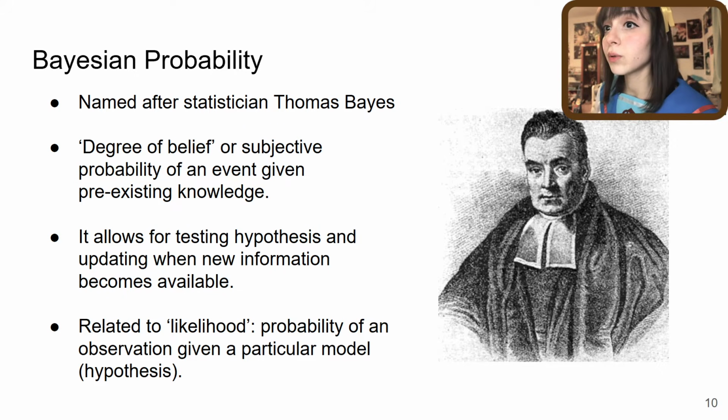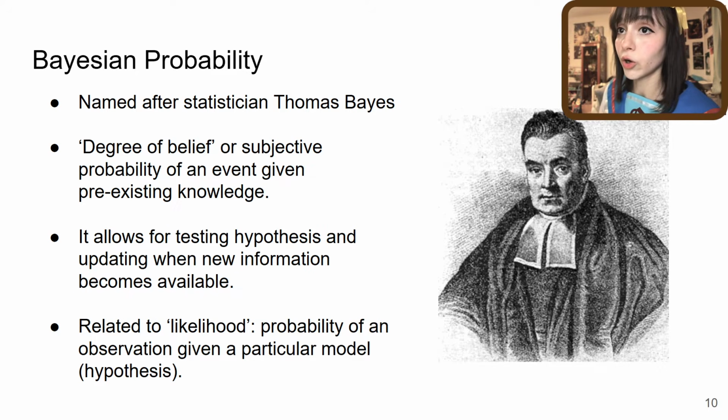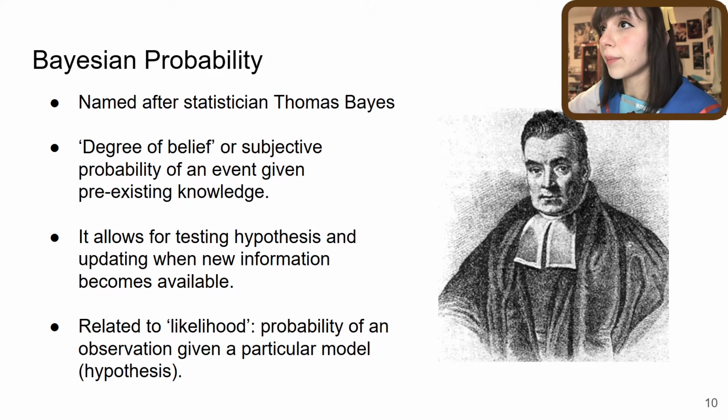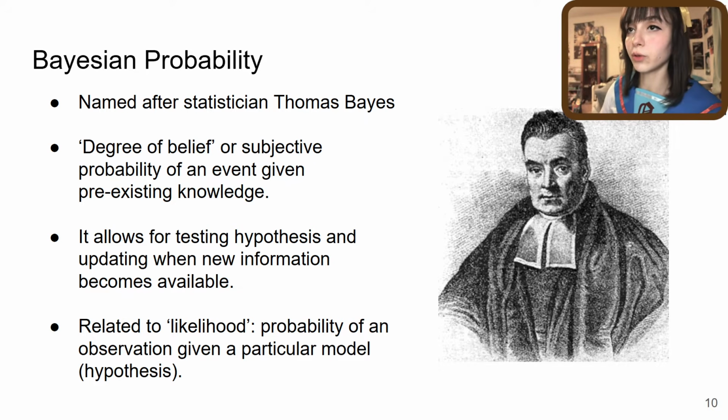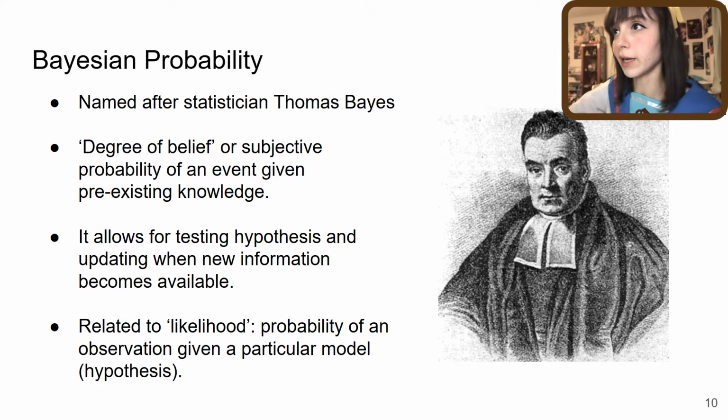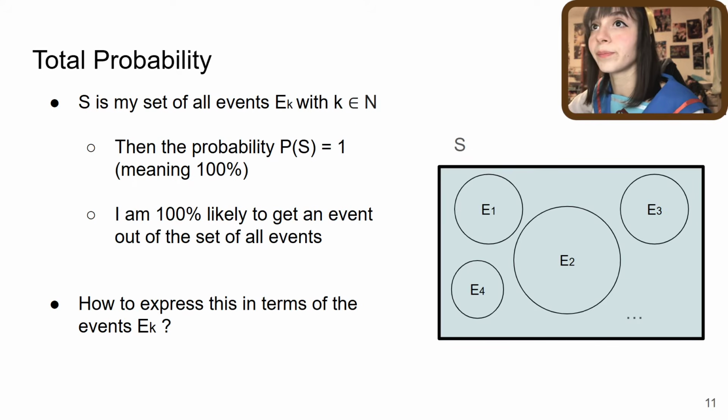And this probability he relates to something known as likelihood, which is the probability, a local probability, of an observation for a particular hypothesis. So basically a local probability for a hypothesis. These are two different interpretations where we can reach a similar conclusion. One just allows for a little more updating and introducing new knowledge, and it doesn't rely so much on the infinitely many trials interpretation.